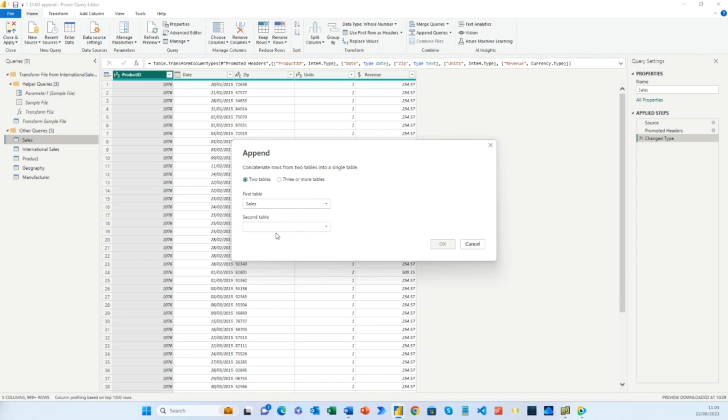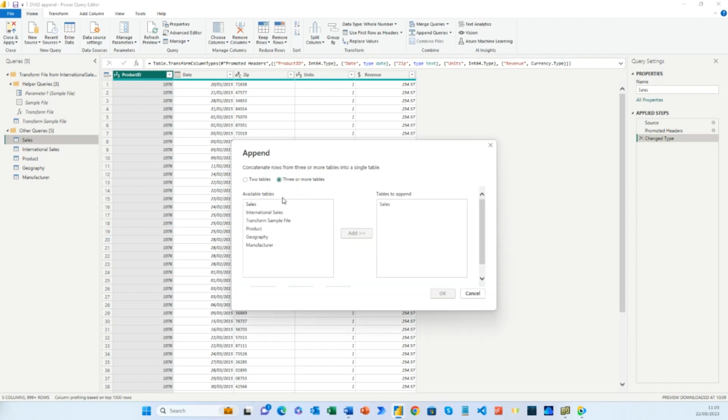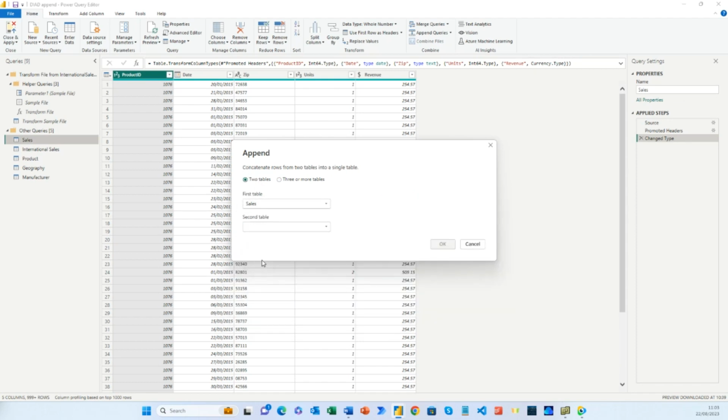And there are two different versions of the dialog box. A simple one, which we're looking at here, where we only have two tables, and then if we have more than two, then we can add all of the tables that we want to append together into the box on the right by selecting them on the left and clicking the add button. But I only got two tables, so let's use the simple one. So my first table is the US sales data, just called sales, and then for the second table I select that one. So now we just click OK,